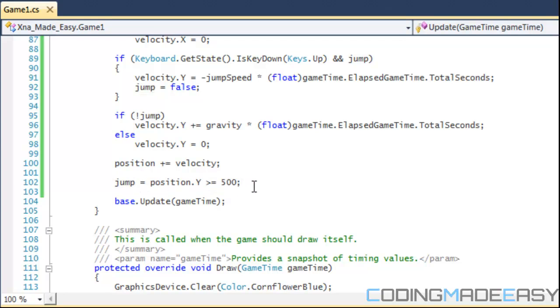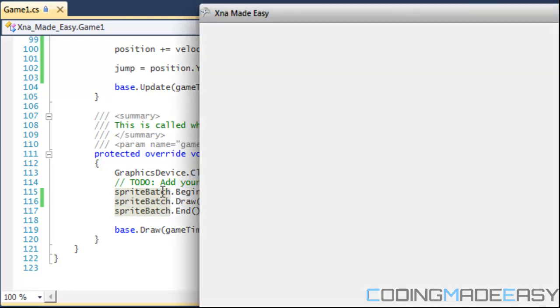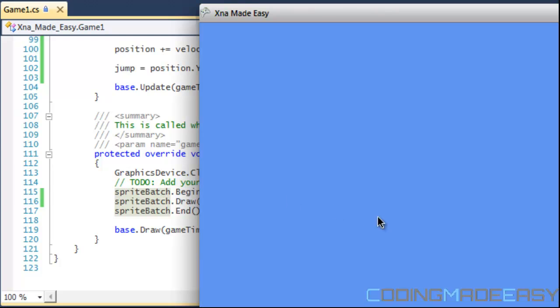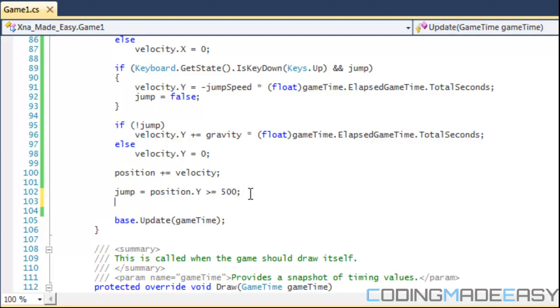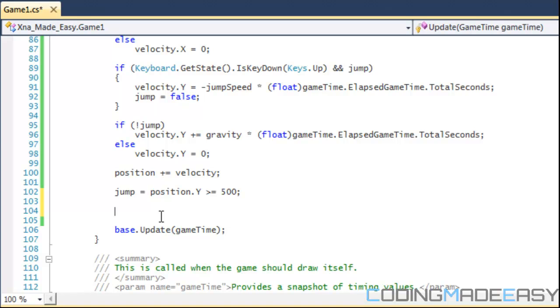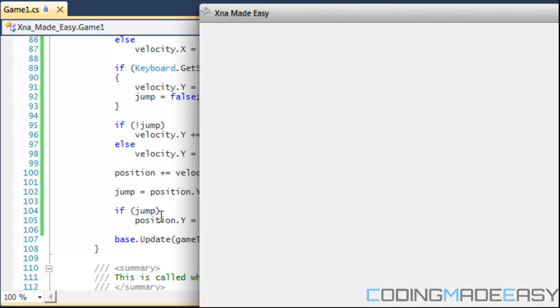Okay, so simple enough. We got our player plus equals velocity, we got our jump, and we got everything set. So if we run this program, let's see what we get so far. We run into a problem. We have to say that if jump is equal to true, then we want to reset our player's y position equal to 500. So if we run this one more time,